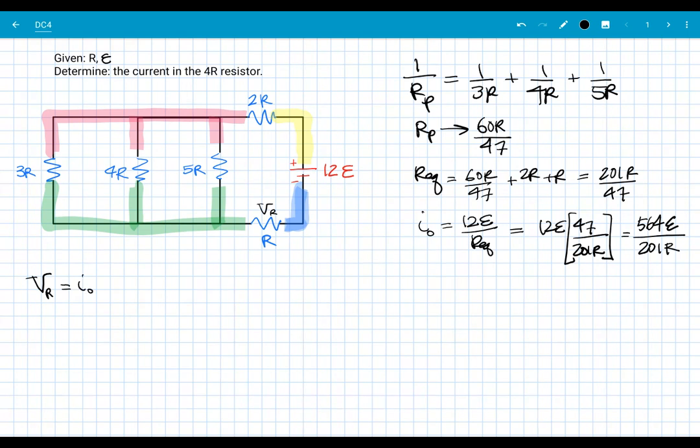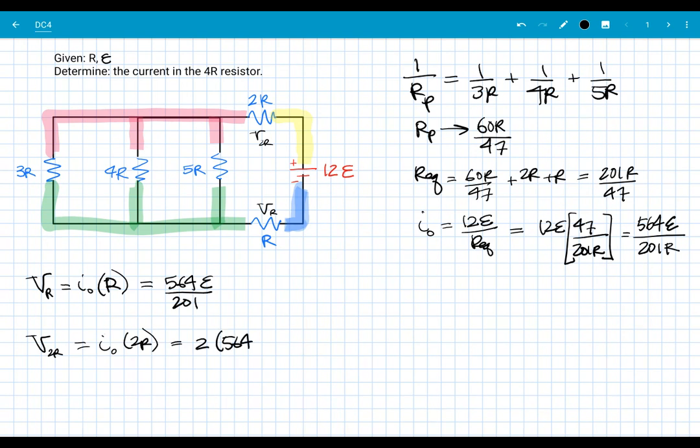It's wired in series with the battery, multiplied by its resistance, which is R. So that means that the drop over that resistor there is just 564E over 201. And then the drop over the 2R resistor, that's this V2R that I'm finding there, is going to be, again, battery current, which is what flows through that resistor, multiplied by its resistance, which is 2R. And so that just gives me 2 times